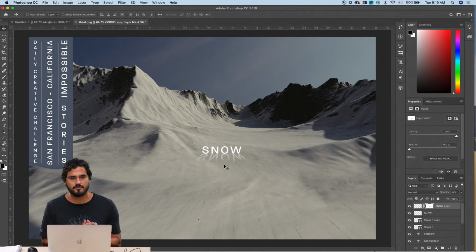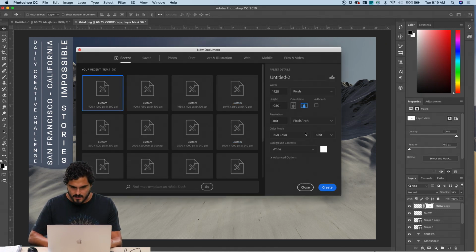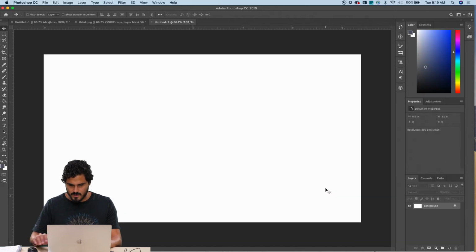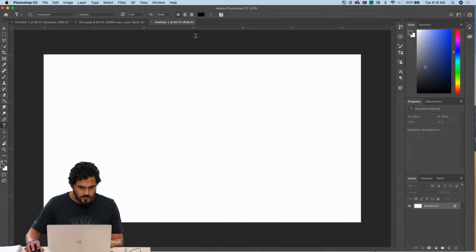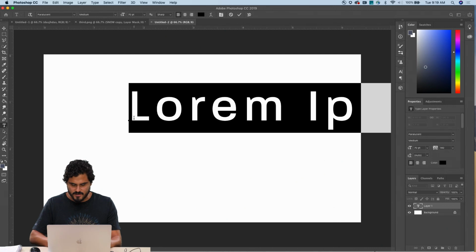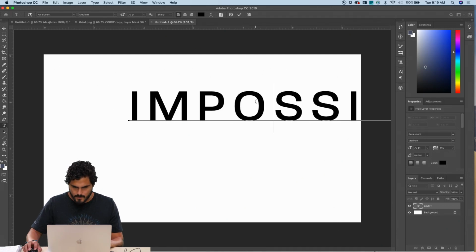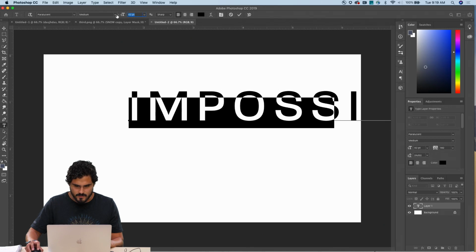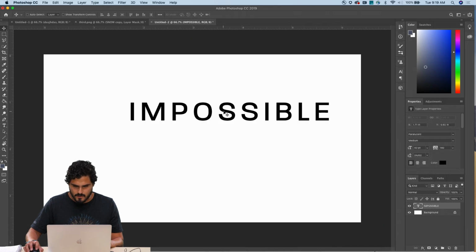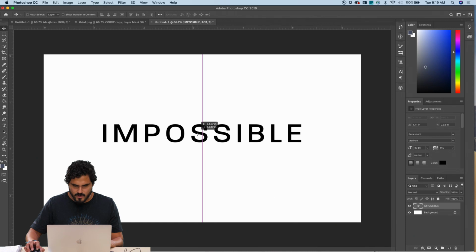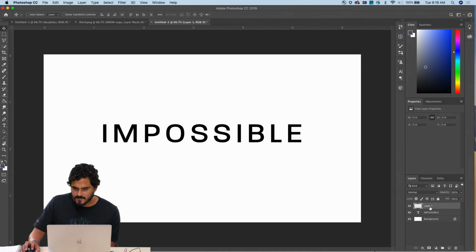Then you can also start manipulating your images alone. So let's create a new one like this. Create, cool. And then let's grab our tool. Let's make it black, and let's just write impossible. Make all of this smaller. Here, what I'm gonna do is create a new layer here, and then